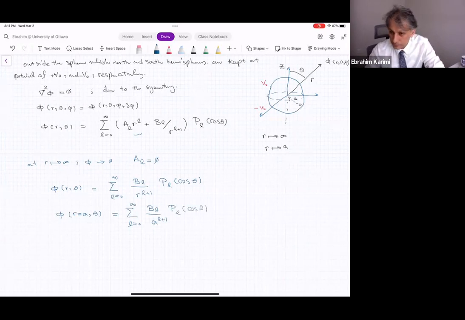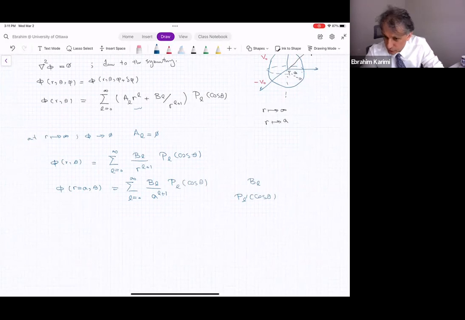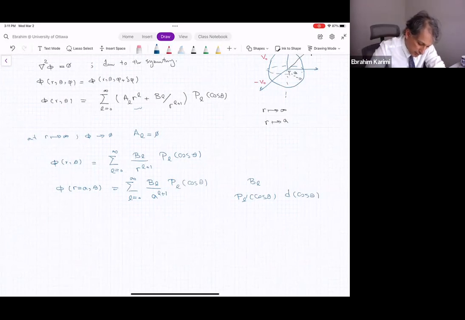This is what we have. What are we going to find out, guys? What are we looking for? BL. So in order to find BL, we have to multiply both sides by PL prime of cosine of theta, then do the integration, which is d cosine of theta, over the interval of -1 to +1. If you do so, then you will get